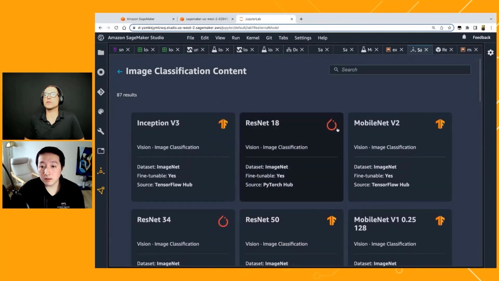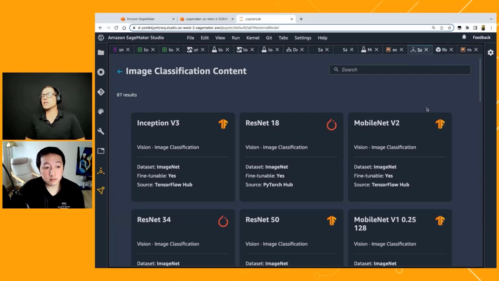Can you access those models through an API? I know data scientists want to just go through the API itself. Yeah, the API is a new feature being exposed to developers who want to access the models and pull out the models for fine-tuning purposes, or model deployment purposes, using an API or SDK rather than the point and click experience here. So that would really help developers who want to use code to use these models.